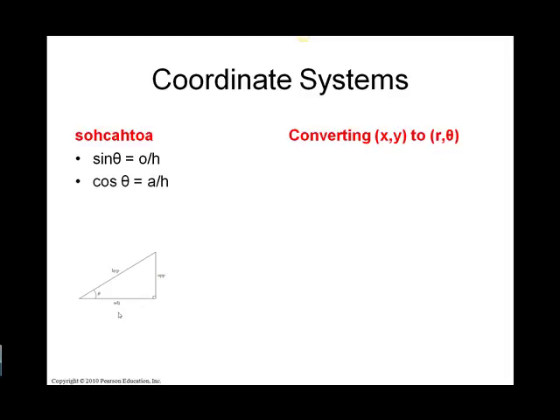Cosine is the ratio of the adjacent side to the hypotenuse. Tan is just the ratio of the opposite to the adjacent side. So once again, if tan was 0.5, then the opposite side would be half of the adjacent side. Excuse me, would be twice. No, it would be half of the adjacent